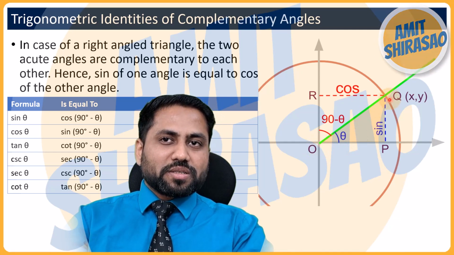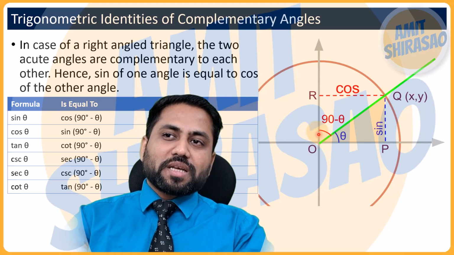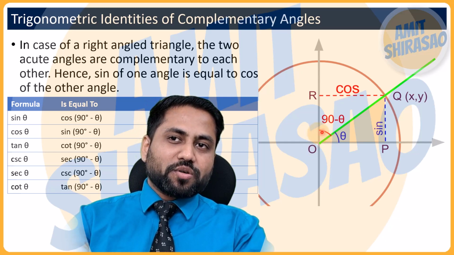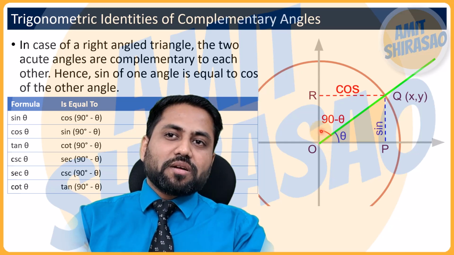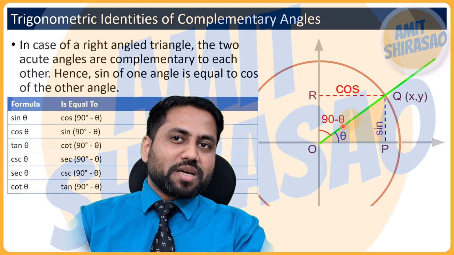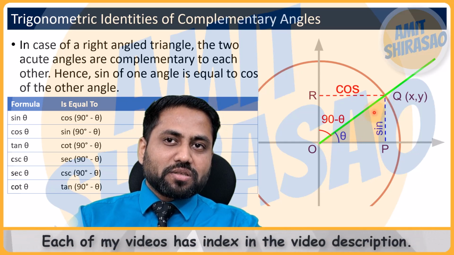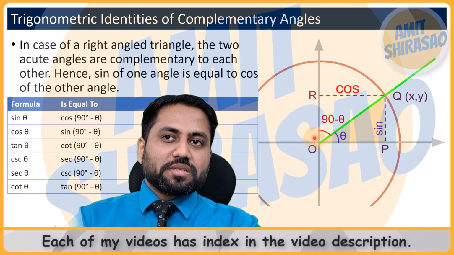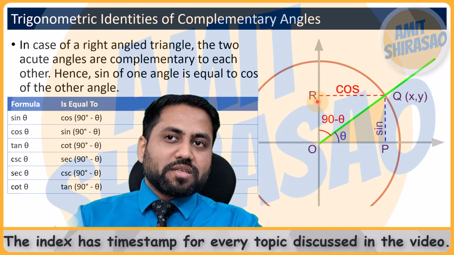Okay, so let us call this side divided by hypotenuse. Now what is 90 minus theta? This angle, right? Because the addition of these two angles is 90 degrees. So 90 minus theta is this. So if I find cos of this 90 minus theta, it means the adjacent side upon the hypotenuse. Got the idea? So sine of theta is this upon hypotenuse, and cos of 90 minus theta is this upon